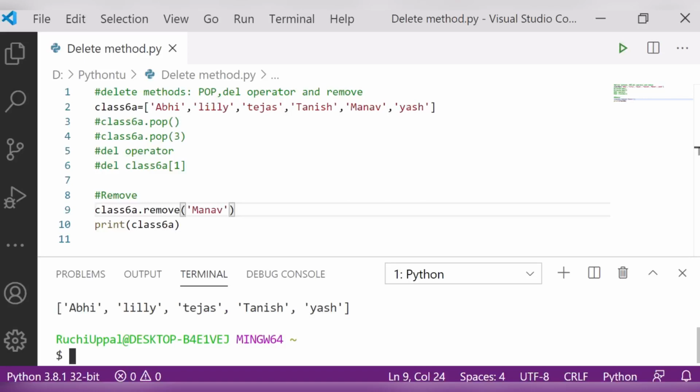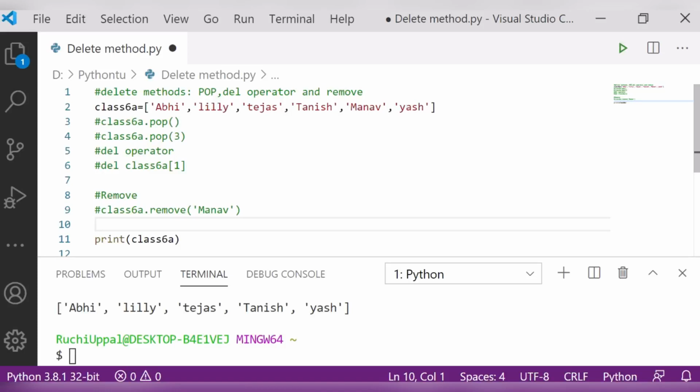Just suppose you are writing an element that is not present in the list. Here I am simply writing what is present, but just suppose you don't know whether it is present or not in the list. So you simply write over here a name that is not present, like I will write here Sanya.